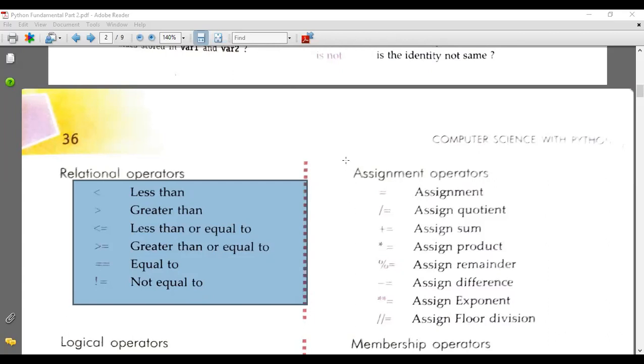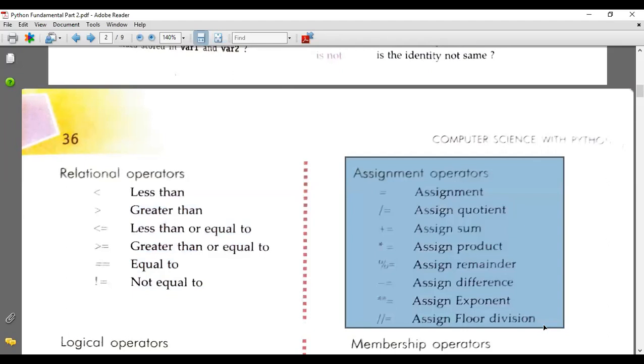Then next is the assignment operator. Assignment operators are used to assign a value to a variable, like the equals to sign.